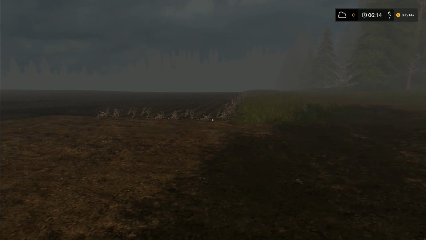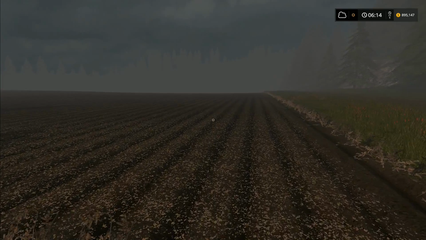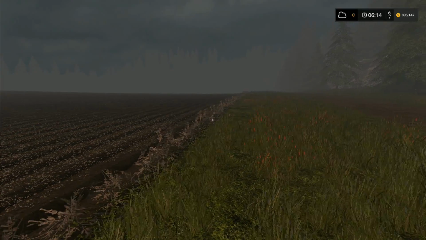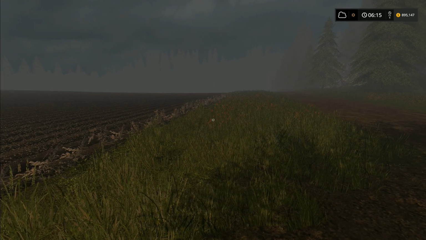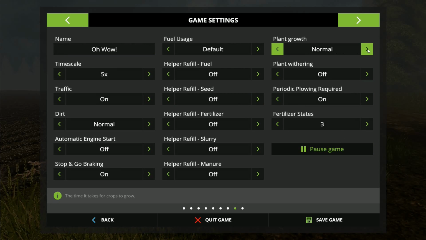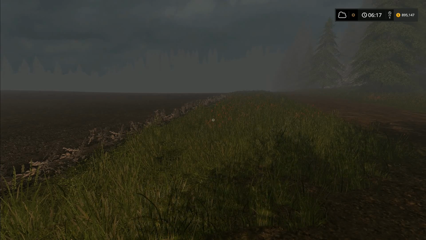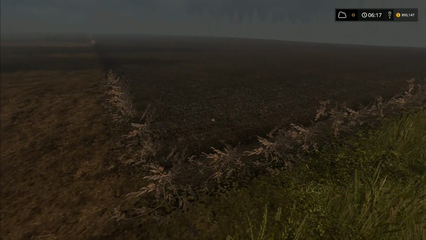So I did actually save this game just before this. You'll see this bit that we went through the night, but I am now going to go back and reload this save game, because I think you can, in the options, turn off the growth altogether. We've got plant growth. Yeah, plant growth is on normal. You can put that on fast. You can turn the plant growth off altogether. Slow, normal, fast, off. Yeah, if I just turn it off, I think we should then be able to...